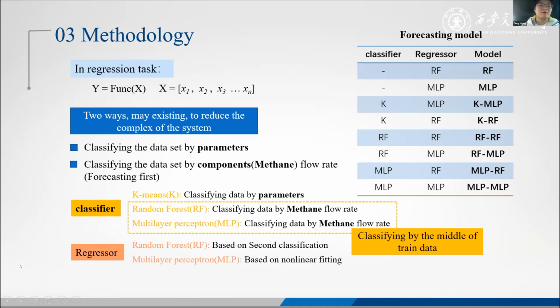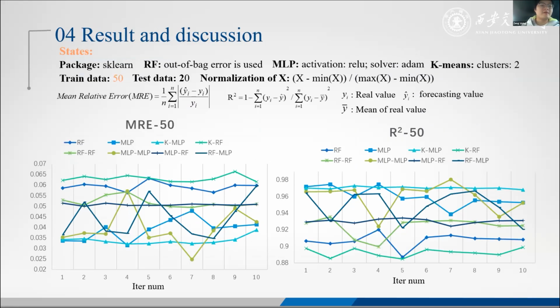So based on these basic models, we can get models like this: random forest only, multilayer perceptron only, k-means combined with multilayer perceptron, k-means combined with random forest, random forest combined with random forest, random forest combined with multilayer perceptron, multilayer perceptron combined with random forest, and multilayer perceptron combined with multilayer perceptron. In order to evaluate the 8 models we have obtained, I set up 3 schemes for the prediction performance in